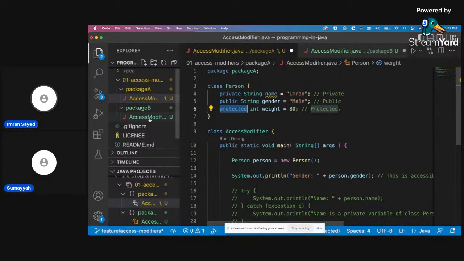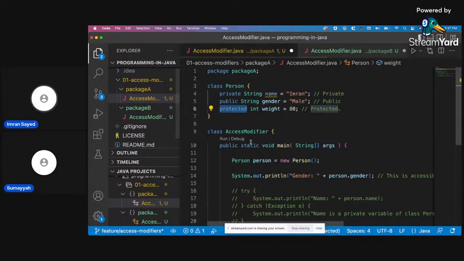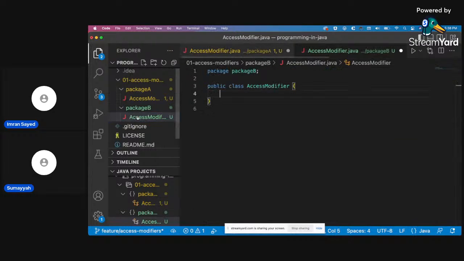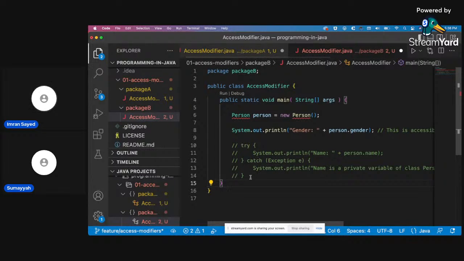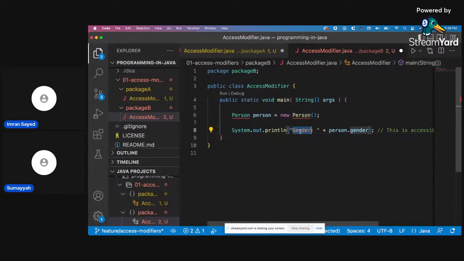So inside over here, did I create a main function? I didn't, right? Oh, I did. Okay. So you have to give a package name, I believe, before this.